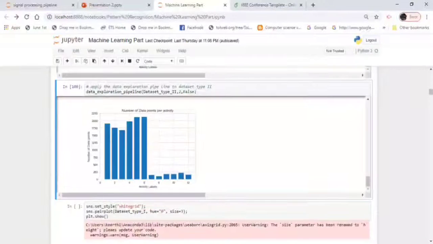So this data is heavily imbalanced. This heavily imbalanced data provides false accuracies, and the accuracy level of the machine learning models goes down. This is due to the activities: we don't have enough data to work on from activity 7 to activity 12.